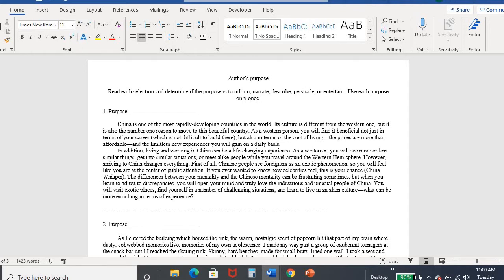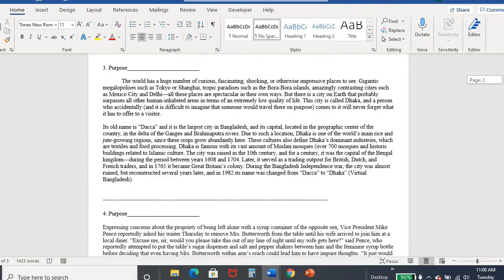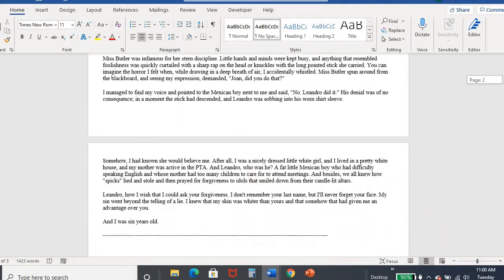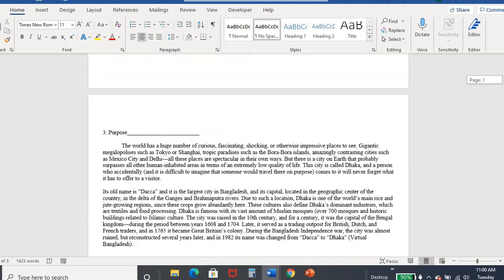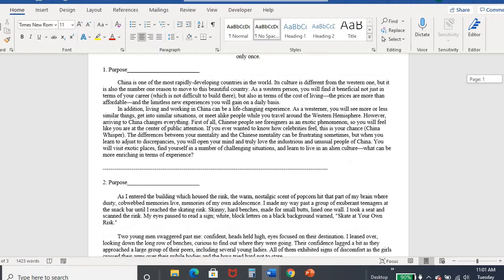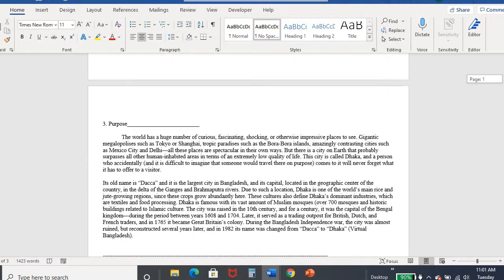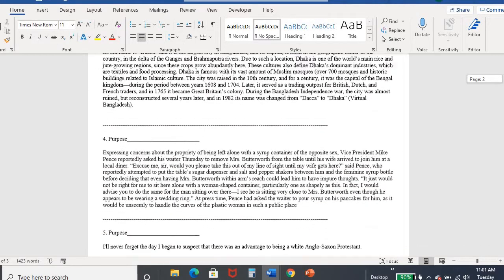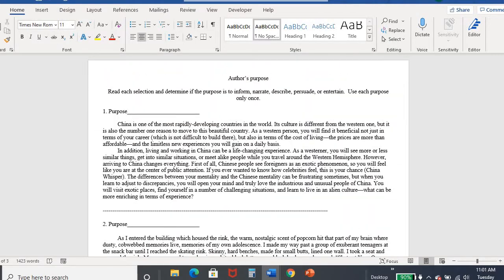So you're going to see that there are 5 little selections. None of them are terribly long. There are 5 selections, and you're going to use each purpose one time. So read the selection and determine, okay, are they giving me information? Are they telling me a story? And so on. Once you've used one purpose, don't use it again. If you need to, cross it out like a word bank, you can do that. Just make sure you only use each purpose one time as you read through. And again, ask yourself the question, why did the author write this piece of writing?